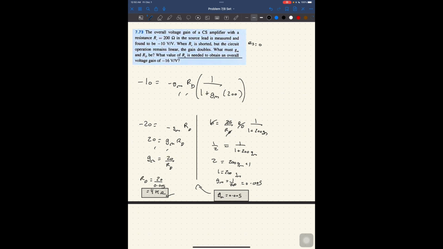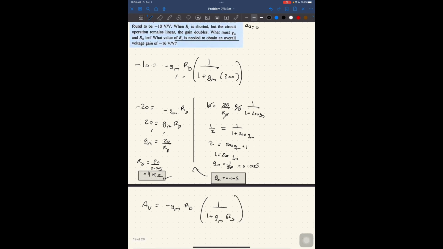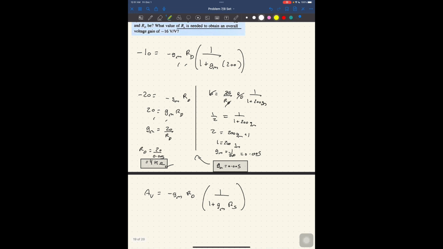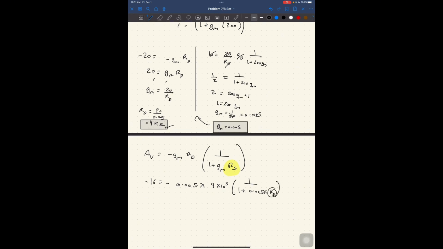What value of RS is needed to obtain an overall voltage gain of, so AV is equal to minus GM RD times 1 over 1 plus GM RS, equal to minus 16? So minus 16 is equal to minus 0.005 times 4 times 10 to the 3 times 1 over 1 plus 0.005 times RS. I have one unknown, I solve for it. So it's going to be 16 over